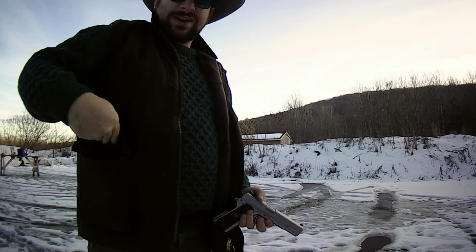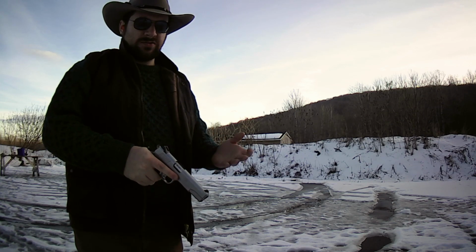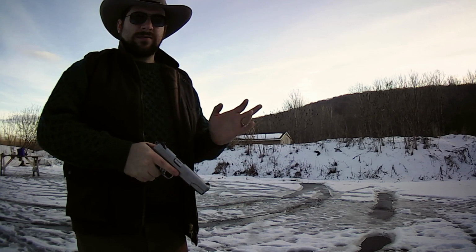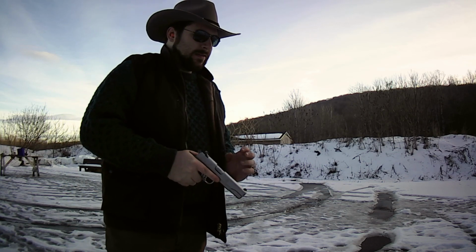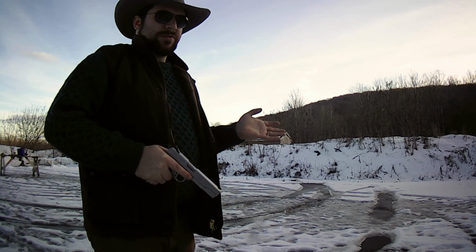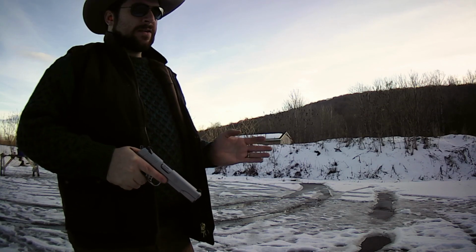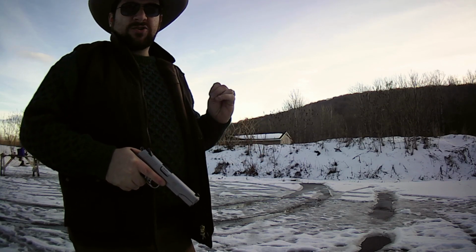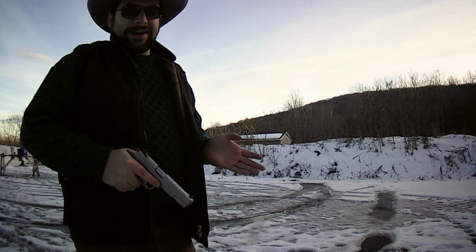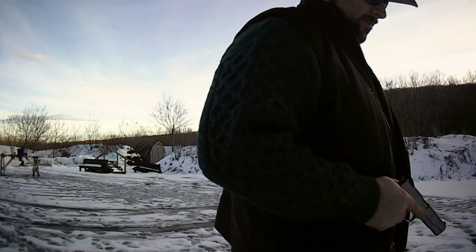Okay, so the next drill that I find not a lot of people are doing is, especially with pistol, shooting from other positions, apart from standing. There's a couple channels that do this, but in the real world, if you're in a defensive situation, you're trying to find cover, you're trying to get behind something, which means you're most likely going to be in a kneeling position. And I think that gets overlooked a lot in pistol shooting because it's not very intuitive. So what I'm going to do here